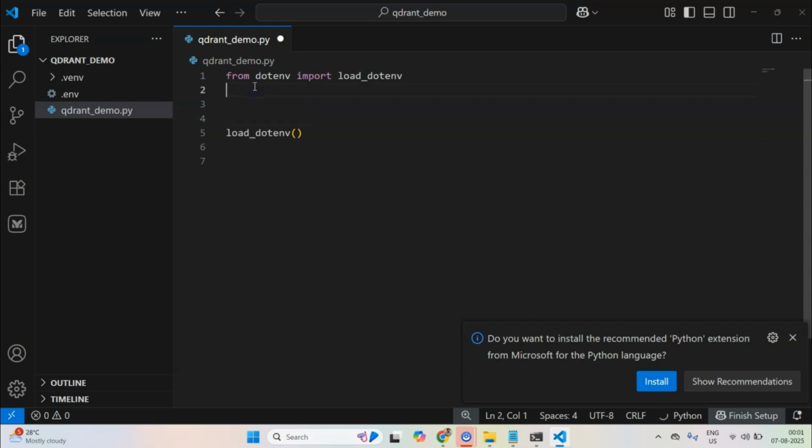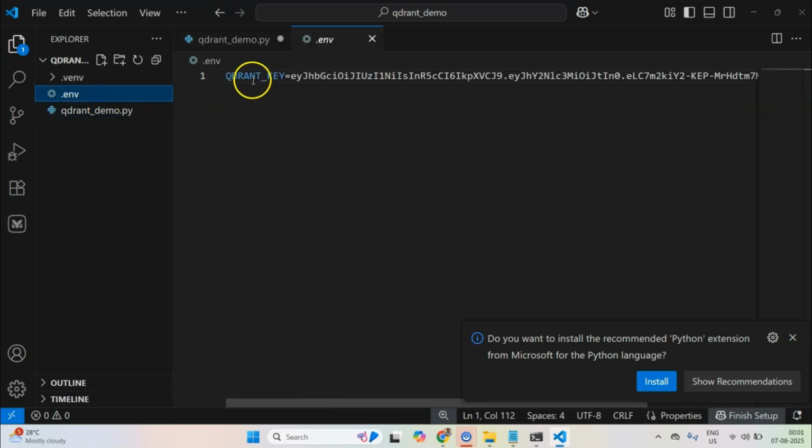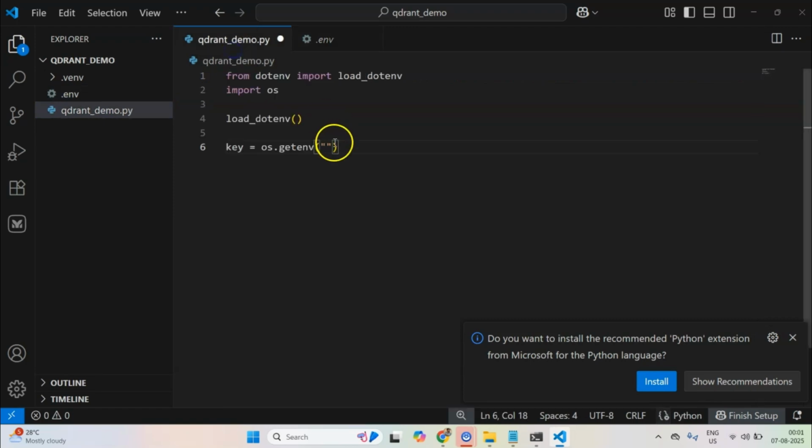Now, how can I access the API key from this .env once I have loaded it? I can import a package called os, and now I can do something like os.getenv, and now I can pass the key. What was the key? This was the key.